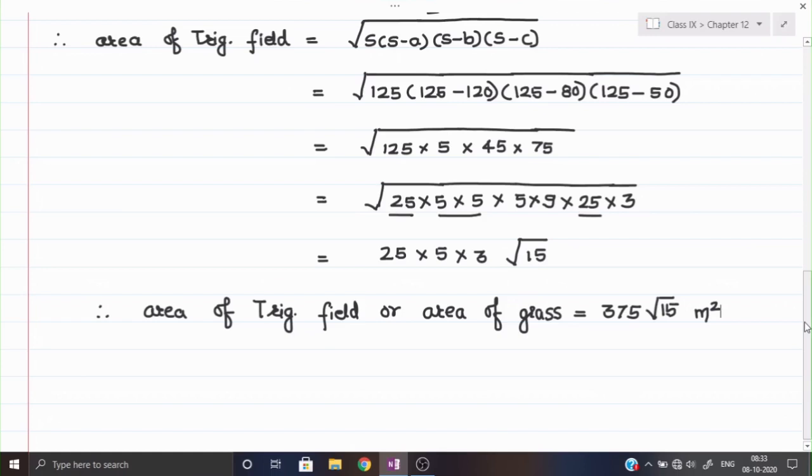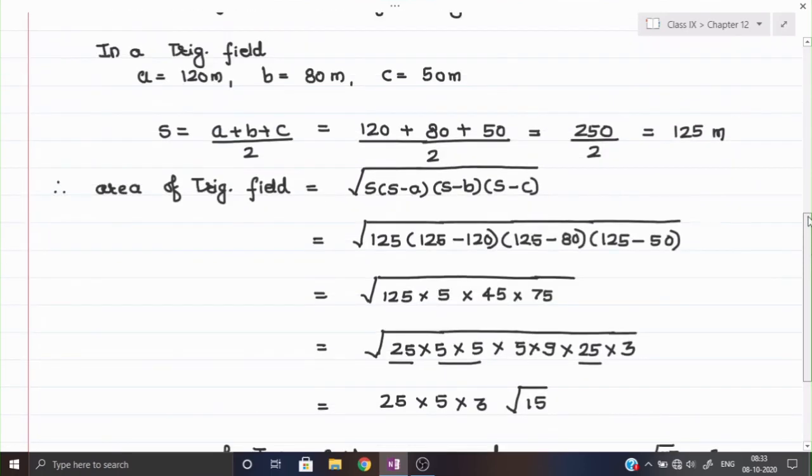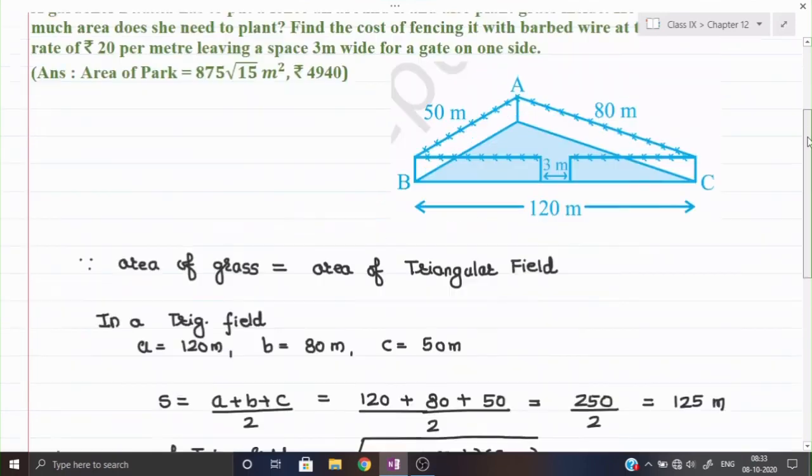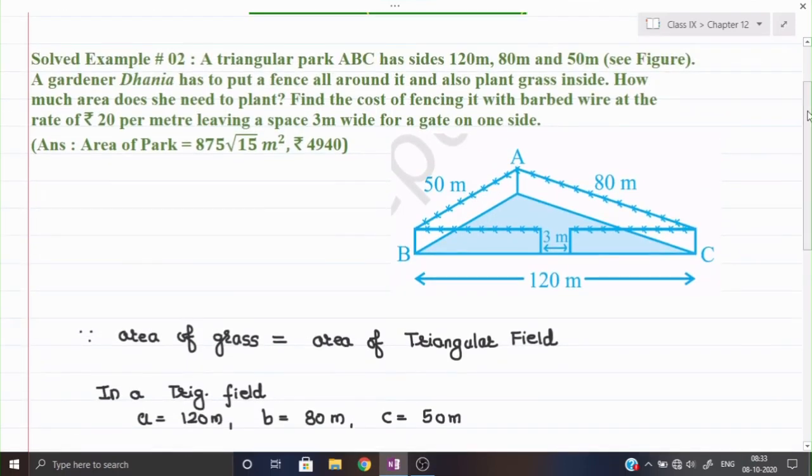Okay, now further we can take C. Now in the further part, what are they asking? They are saying you have to find out the cost of the wire. Now you see, you are looking at the wire over there, barbed wire we can say. That wire we have to put for the fencing. So that wire has covered all the 3 sides of the triangle. You can observe carefully, the wire has covered all the 3 sides of the triangle completely except the one gap of 3 meter. So if I want to find out the length of all the 3 sides, it means I am finding the perimeter of the triangle here.